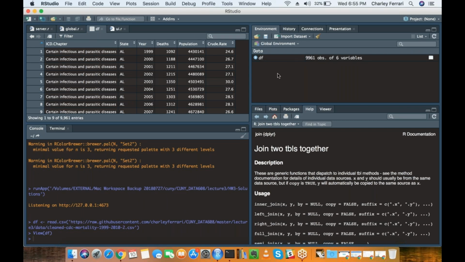So we have a few columns here. We have a few categories. We have data by state, by year, so there's a time series element to this. And we have a collection of these ICD chapters. So if I just look at the unique